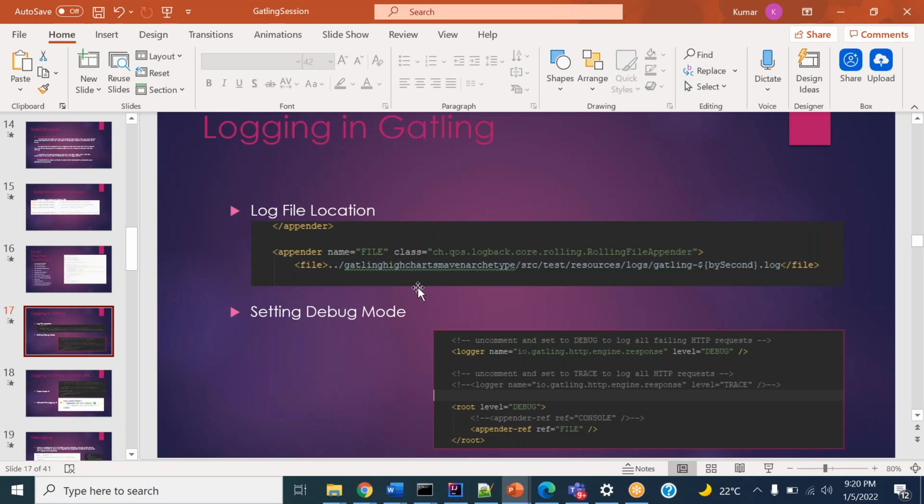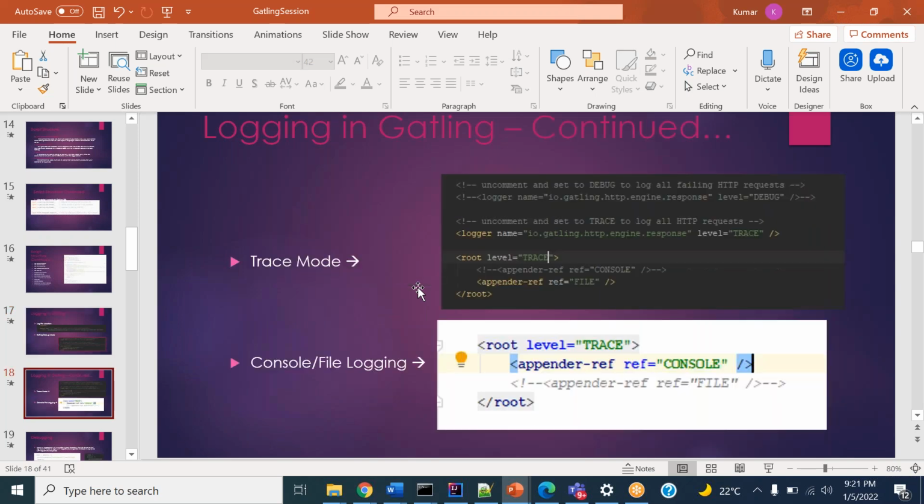doing the validation, everything. Once it is done and you are back to your script, you have to put on the debug for the load test, because a lot of data will be appended and the system will crash if you turn on the trace over the load test. So basically it's for debugging only. Keep that in mind.